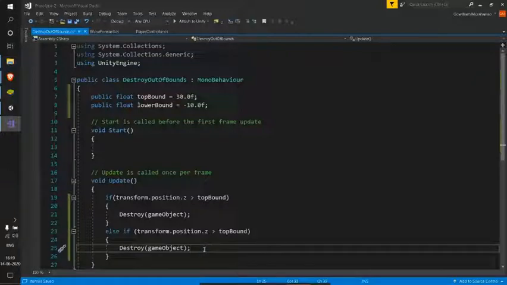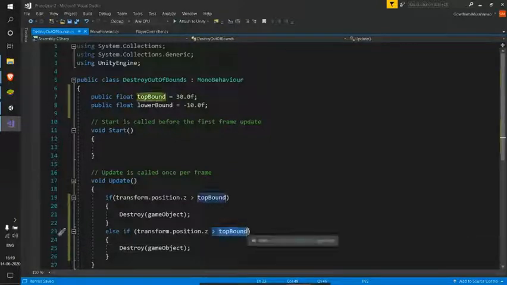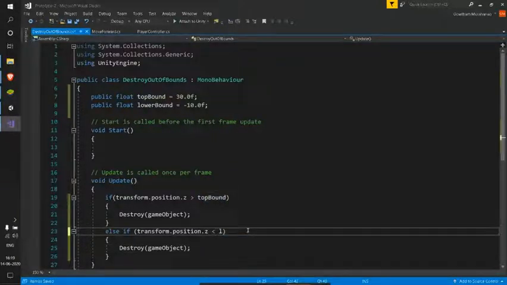So in our animal case, these variable values will be the same, whereas this transform.position.z refers to our players' or animals' transform position, and we need to change this when they are lesser than the lower bound. We need to delete that particular game object, right?